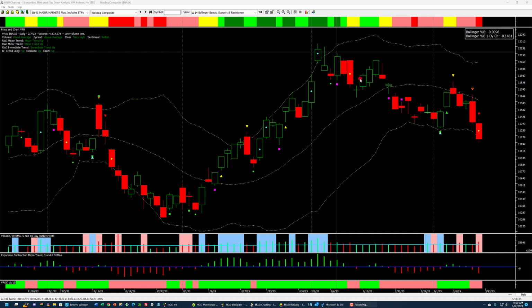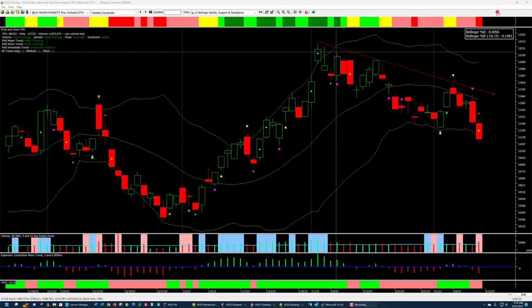this exhaustion gap here, and then from here you can see we've had a series of lower highs all the way down and lower lows also. You can see that many, if not all, well, I wouldn't say all, but most of these VPA signals are good, at least in the short term. They're short-term indicators based upon what either happens with a single bar or more than one bar, and for the most part they were correct.